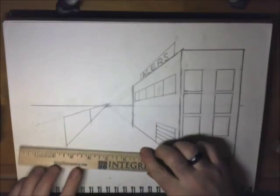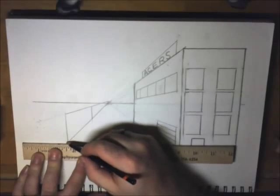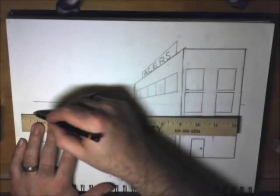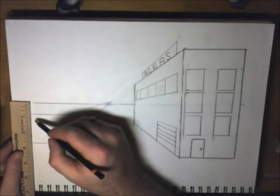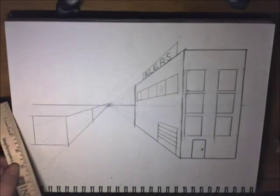Next, I'll create that straight-on wall. I simply have to draw a box or a square using the corners that already exist. I'll draw 2 horizontal lines and 1 vertical line to connect them. Now, in the far corner,